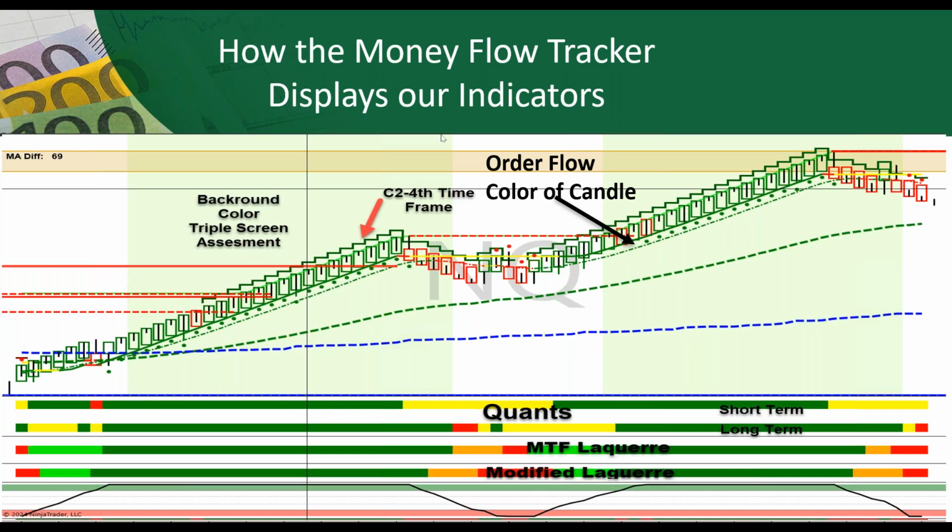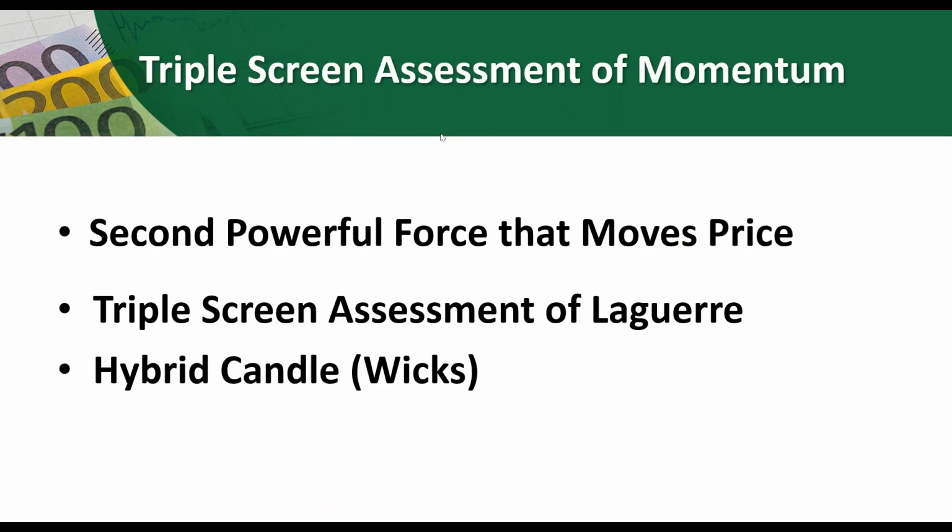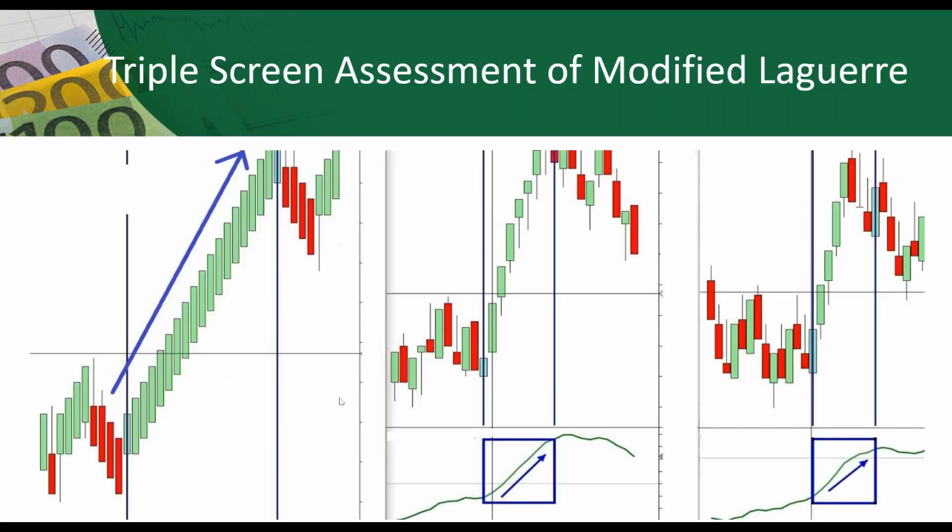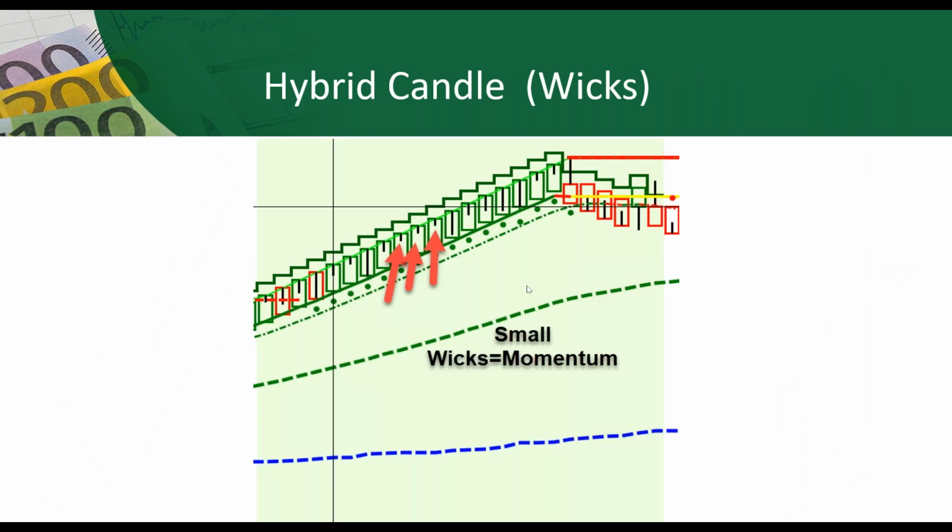So they're very clean. All right. So the next thing, the second most powerful force that moves price is triple screen assessment of the Laguerre, also using our hybrid candles. So triple screen assessment of the modified Laguerre is exactly like it was on order flow, 3 time frames in agreement. And the hybrid candles are when you see candles,